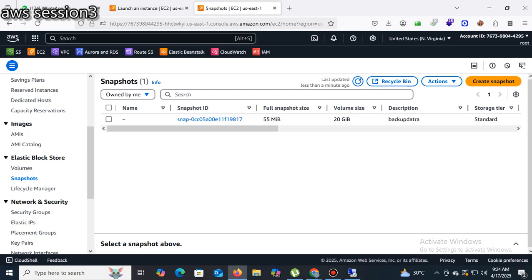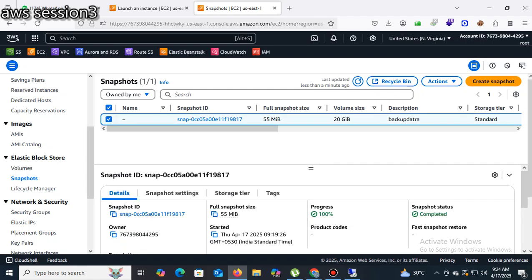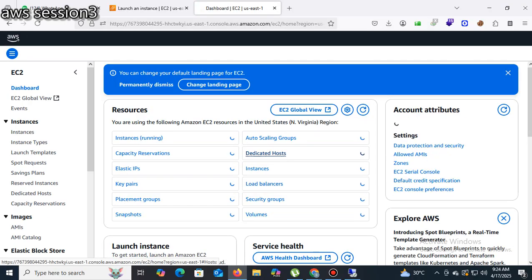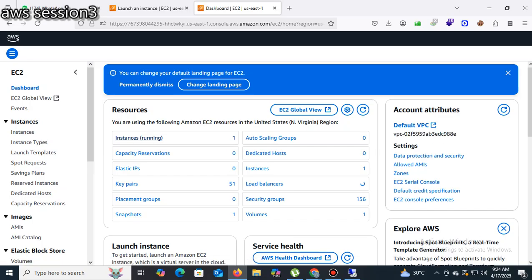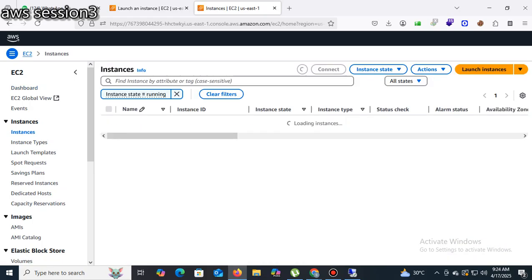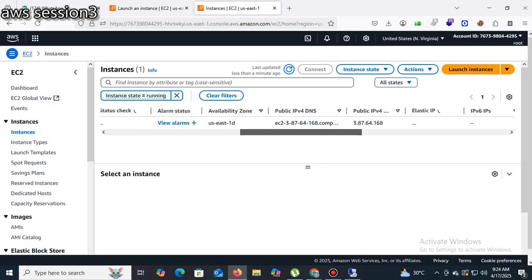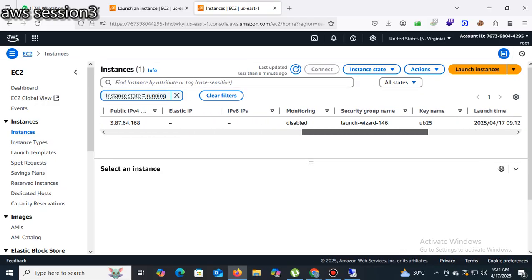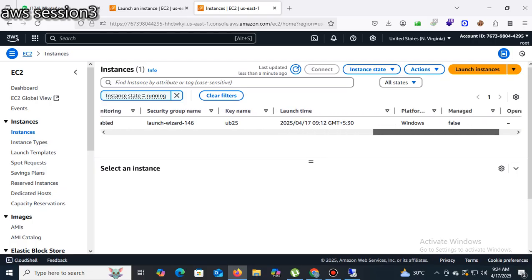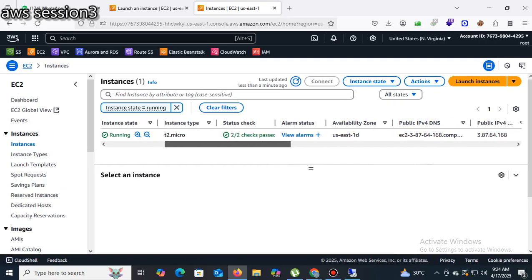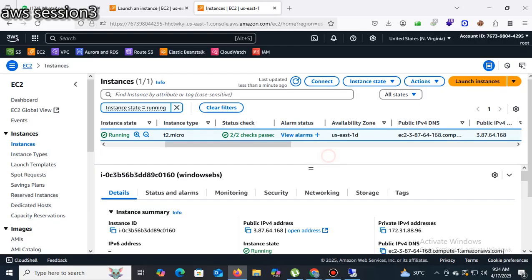Okay. So now I am going to create a volume. Let me check first where the instance is created. Instance is created in which availability zone here? 1D. So to create a volume also, which availability zone? 1D.